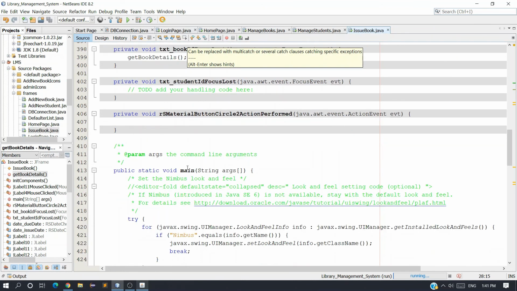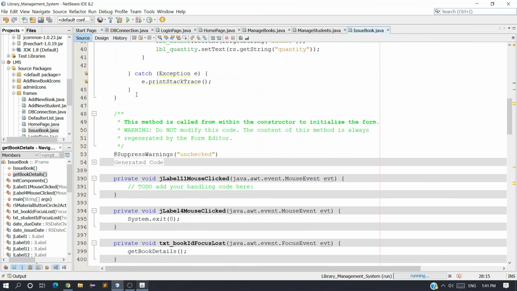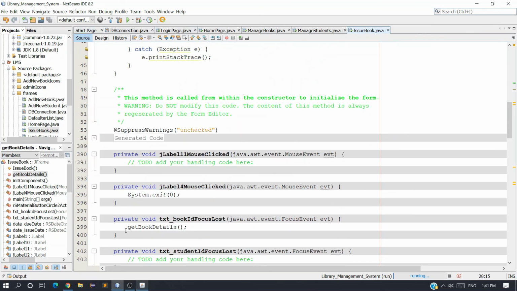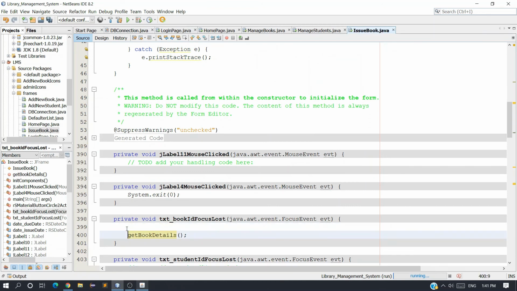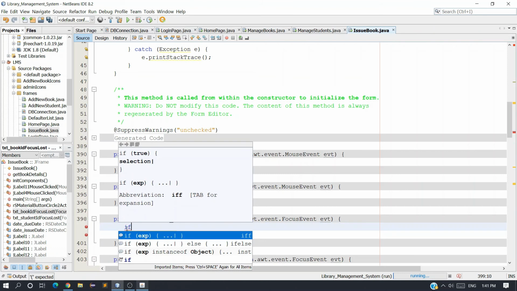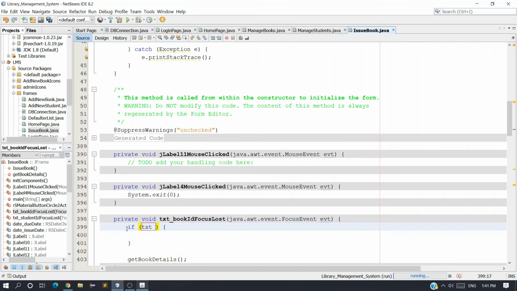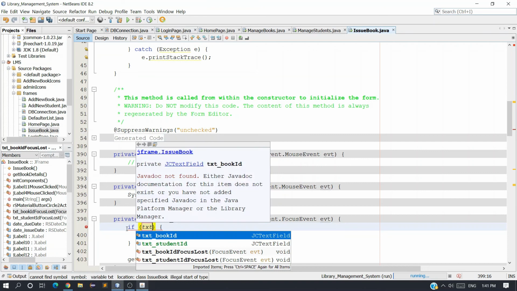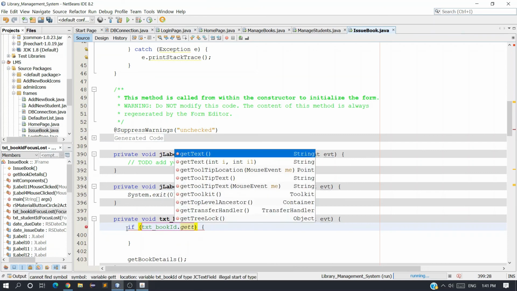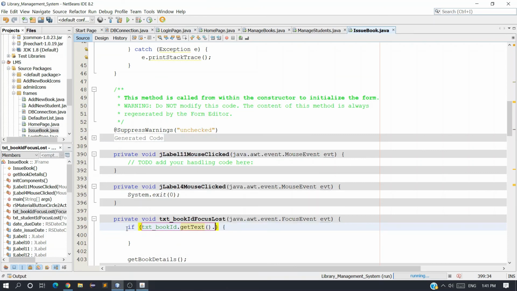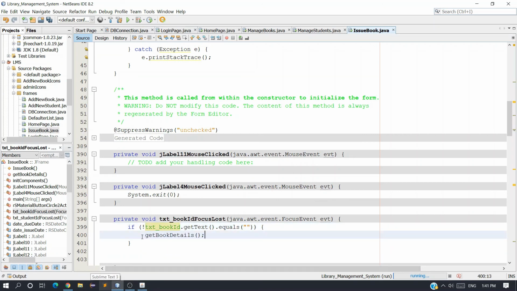So what we have to do is set a condition before calling this book details method. First we have to check whether the data is available in the text field or not. So if txtBookId.getText() not equals to empty, then we have to call this method, otherwise don't call it.